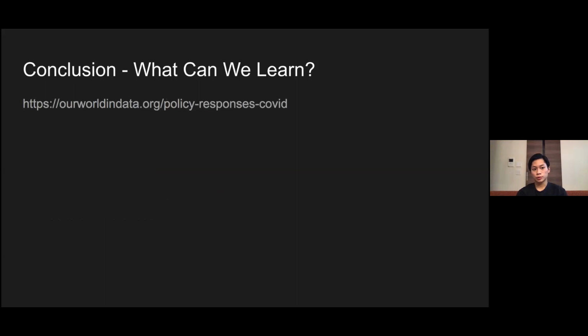For anyone who's familiar with statistical analyses and actually wants to carry out a statistical analysis, you can go to this link, which has a lot of data on the timing that countries instituted lockdowns and other health measures between various countries, and it's very easily transported into data or R. So this is just out there for anyone who is interested.